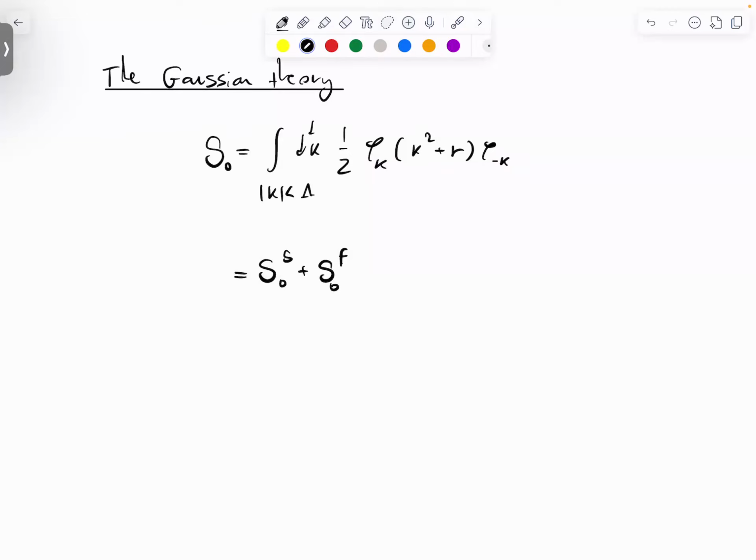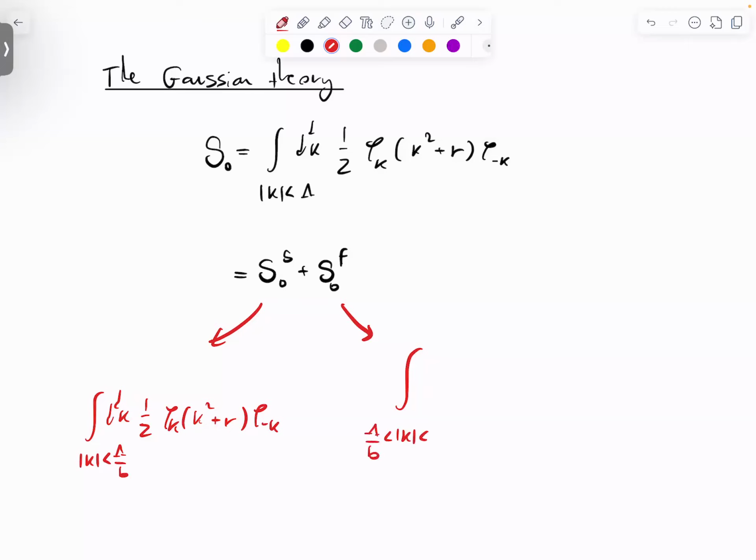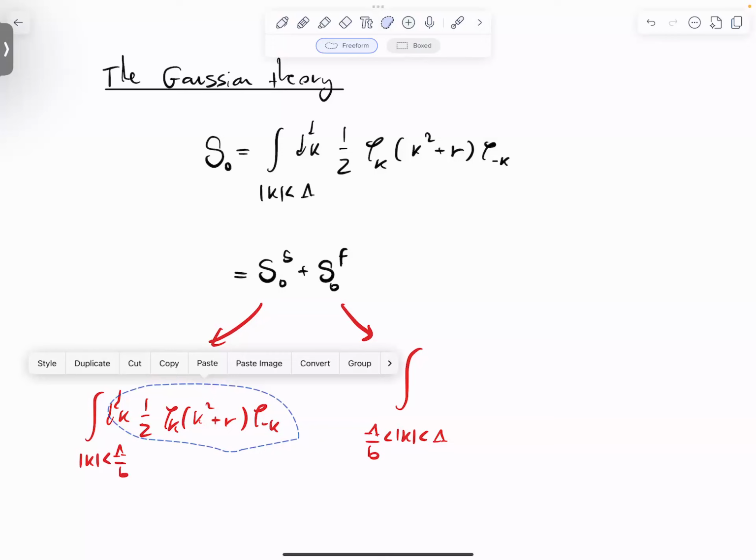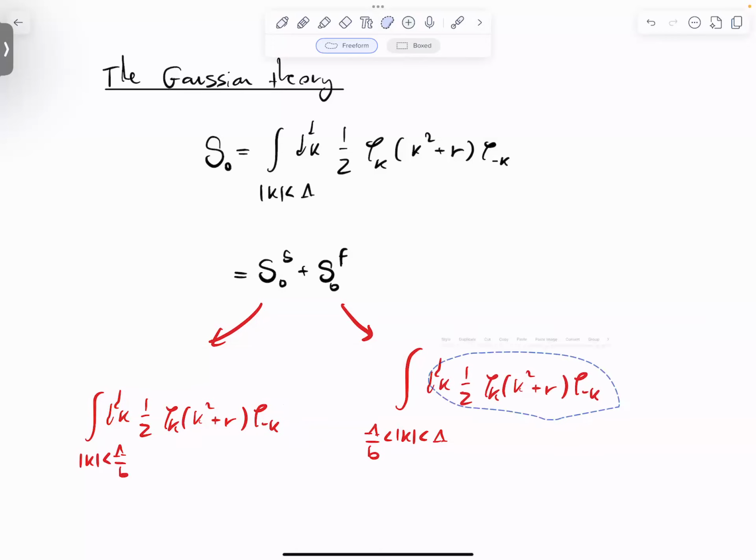The slow part is the integral where k is smaller than lambda over b, d^d k 1/2 phi k squared plus r phi minus k, and the fast part is the integral where k is between lambda over b and lambda. Okay,